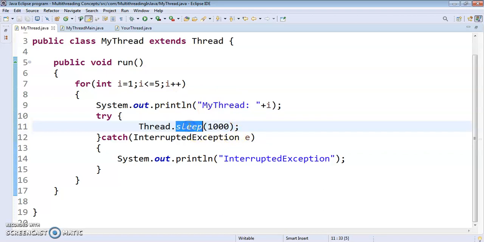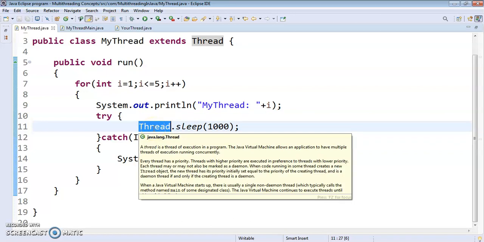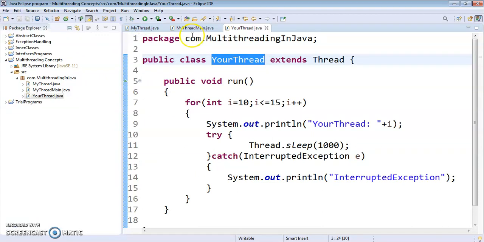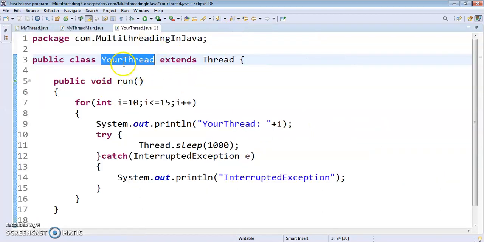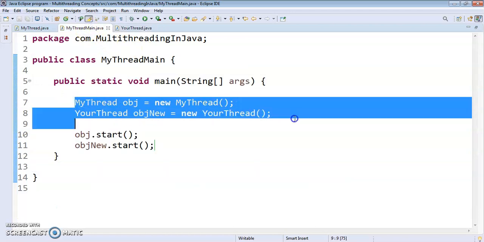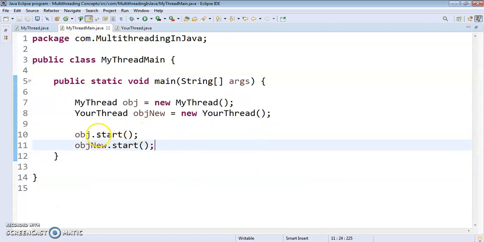Sleep is a static method, right? Because we have called it by using Thread dot, that is, Thread is the name of the class which is available in the java.lang.Thread class. Similarly, we have created one more class, which is one more user-defined thread also extending from Thread, and we have taken the same code, and from this we have created the two objects and called the start method.